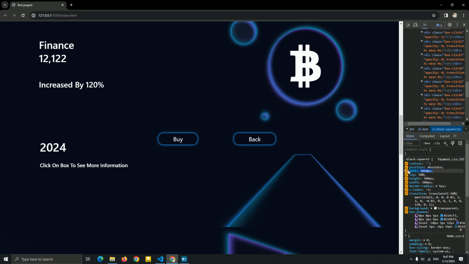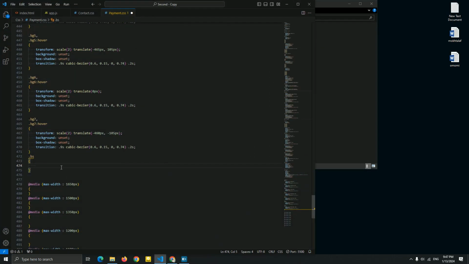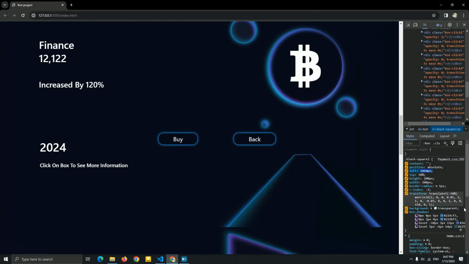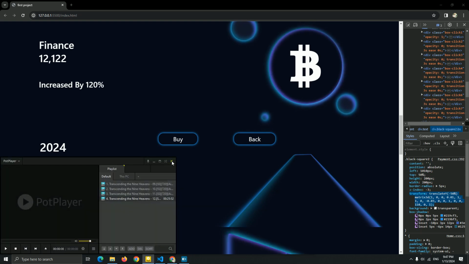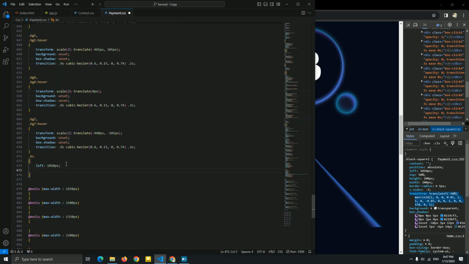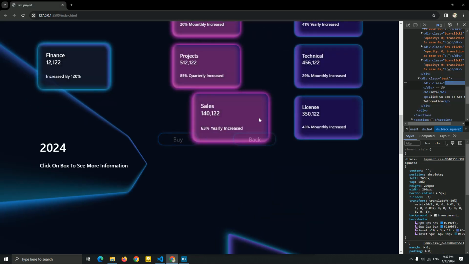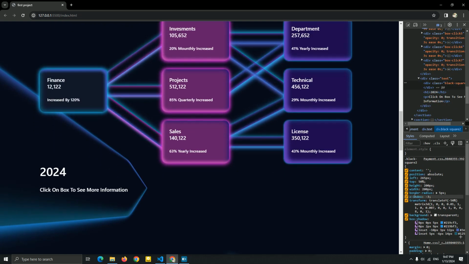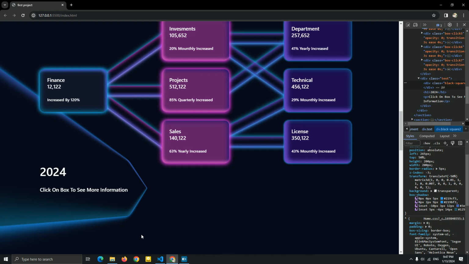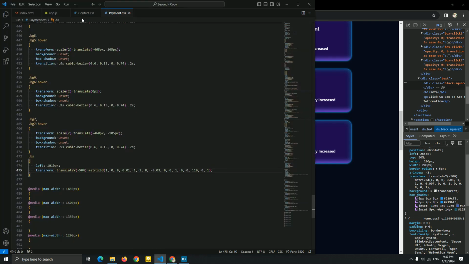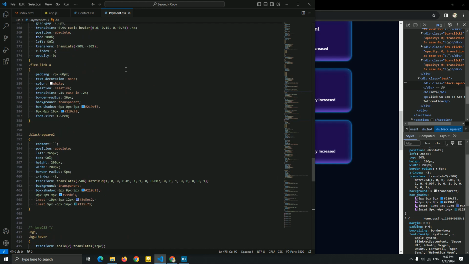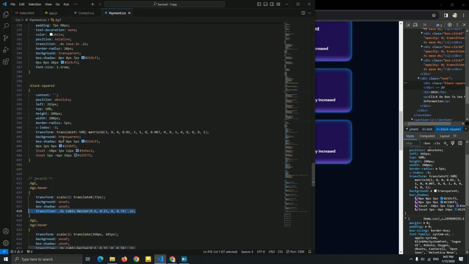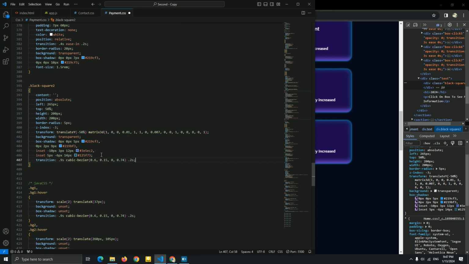Copy paste it for this BS. When the user clicks on the function, the BS is created right now, and I'm just gonna add this matrix for this BS to show you what's gonna happen when the user clicks on the box. Okay, now let me just tell you. You can see it's created, but the problem is, as you can see, we don't have a transition. So let me just add a transition for this black square. Yeah, and I'm gonna add 4 seconds.